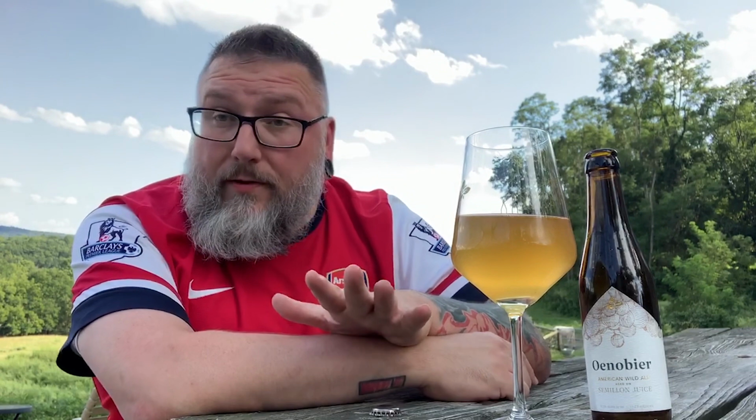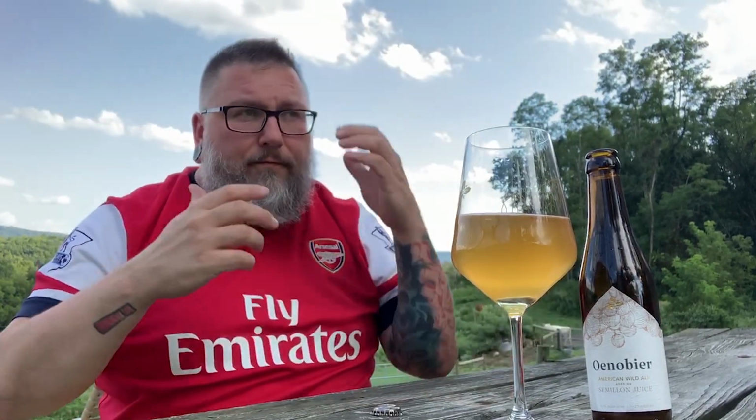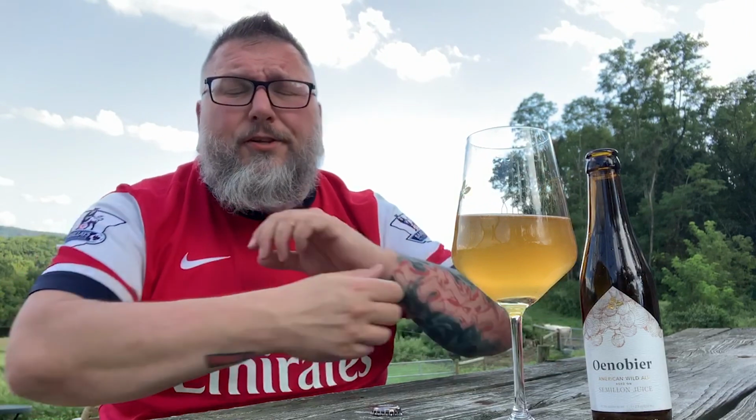And this is where I'm not sure because I didn't research the beer, and I do that on purpose. I definitely don't want to research beer before I review it. It's almost like they added the juice definitely not post fermentation. It tastes like it's in pre-ferm, so that way it's been gobbled up, and it acted almost like honey does in a lot of beers, and it actually adds as an active yeast fuel, as a sugar for that yeast to kind of gobble up and poop out a little bit more alcohol. Kind of makes sense with the higher ABV because it comes off as like a 6 and change % beer,